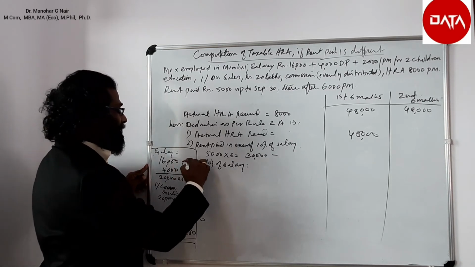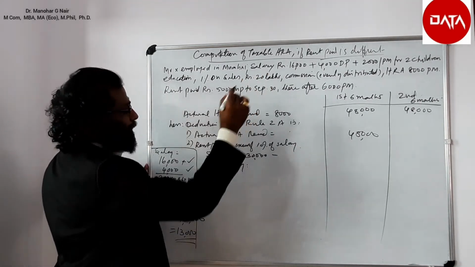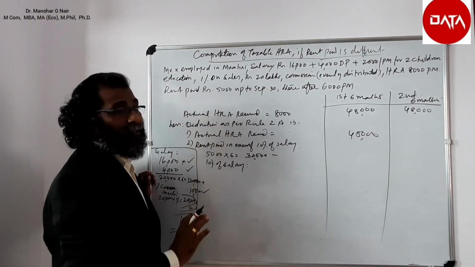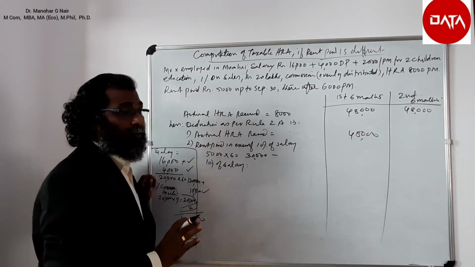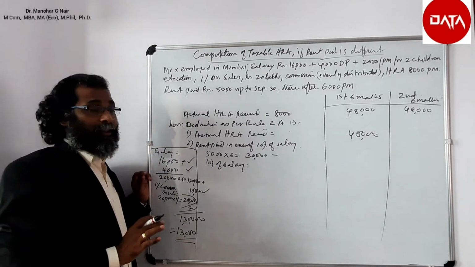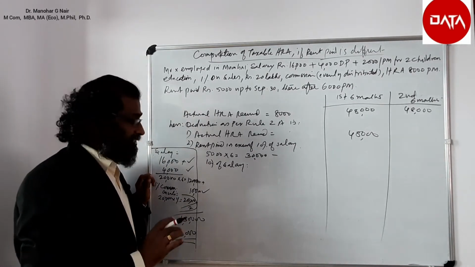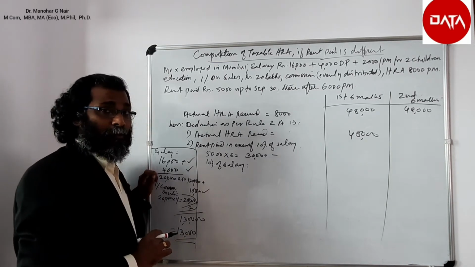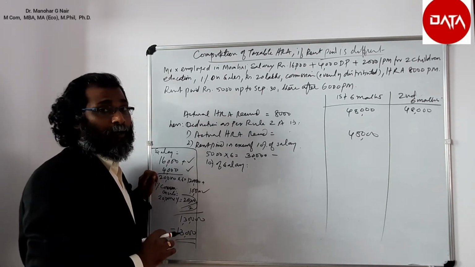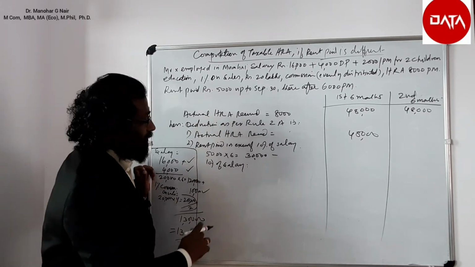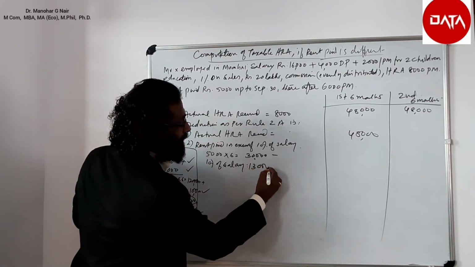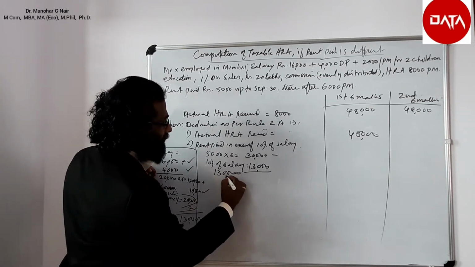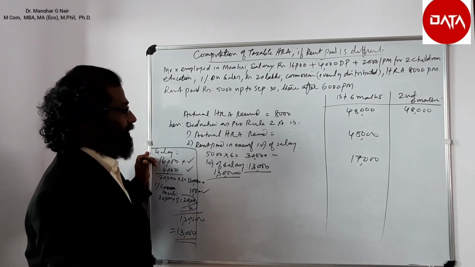Here we have taken the basic plus DP plus fixed commission. All other allowances will not be taken for the computation of meaning of salary for the purpose of HRA. DA also will be taken, but on the condition that it forms part of the retirement benefit. So 13,000 is the value to be deducted, that is 10% of salary. Salary is 1,30,000. So it is 17,000.